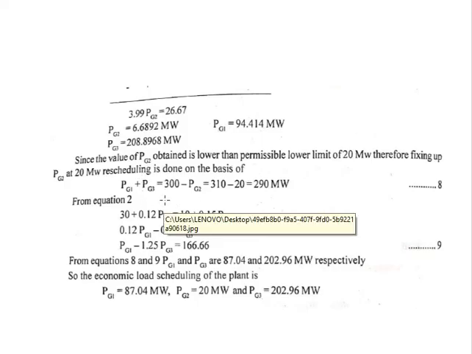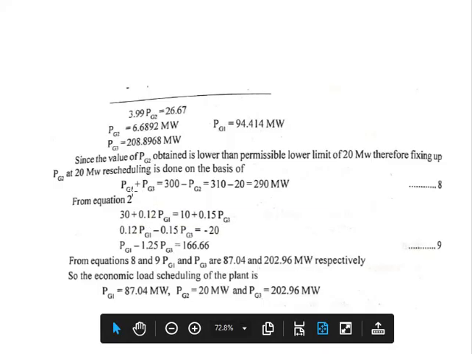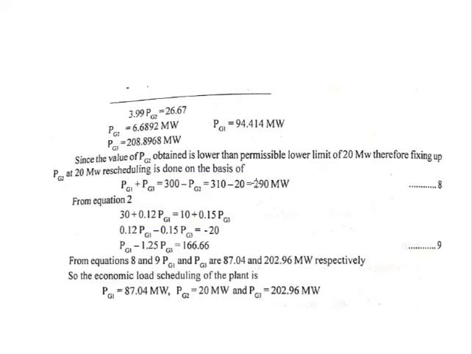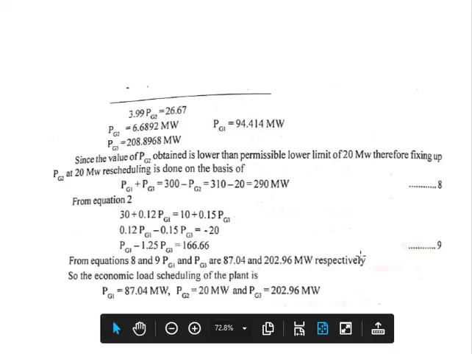So again you can equate from the incremental cost equations, that is Pg1 plus Pg3, to get equation number 9. And here this is an equality constraint, that is 20 is fixed out of 310. So the remaining 290 can be generated by generating stations 1 and 3, that is Pg1 plus Pg3 is 290 megawatt. Based on equation 1, the incremental fuel cost of unit 1 is equal to the incremental fuel cost of unit 3, so you will get equation number 9.